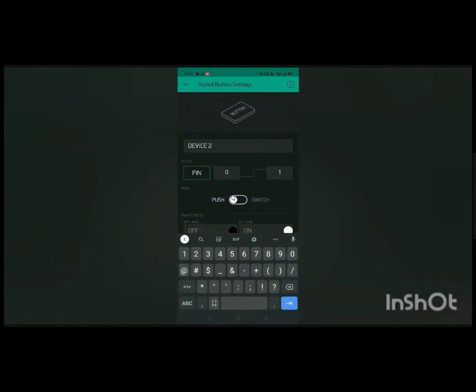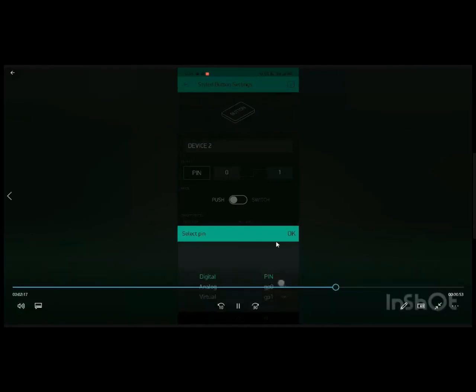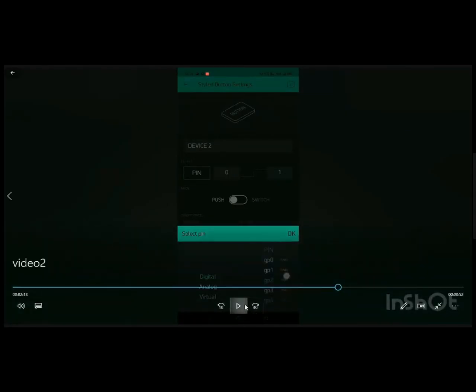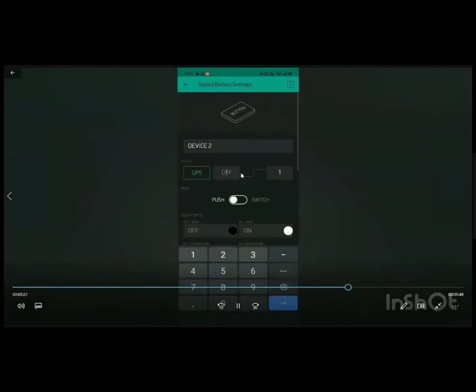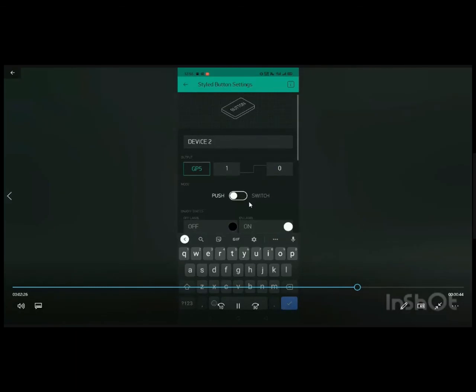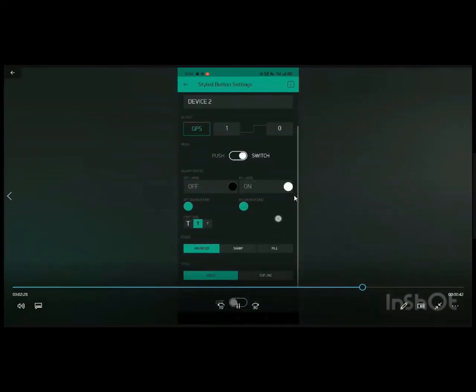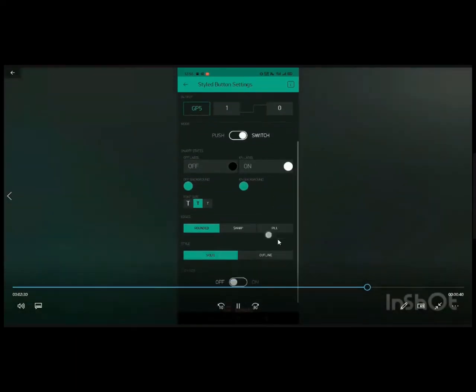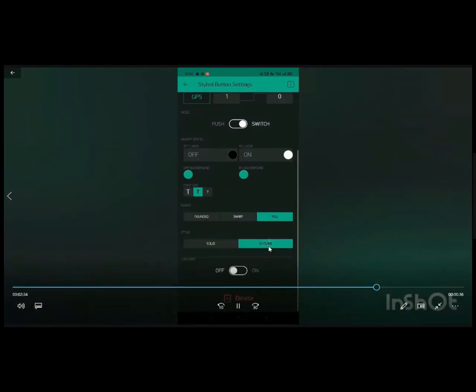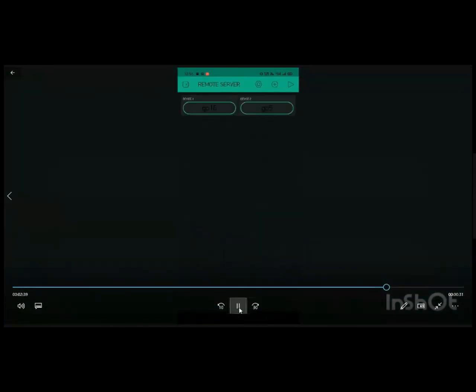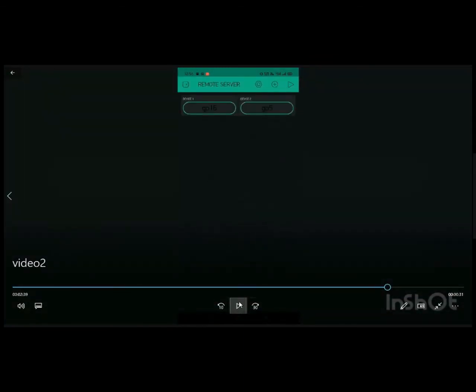The second relay is device 2. The pin is GP5, so I am selecting the pin GP5 here. I am reversing the logic, 1 and 0. I am converting it into a switch. Then I am considering the fill edge, and the style will be outline. You can also change the color of the button. There are various options for how you can edit this. Okay, so next what I am doing is,